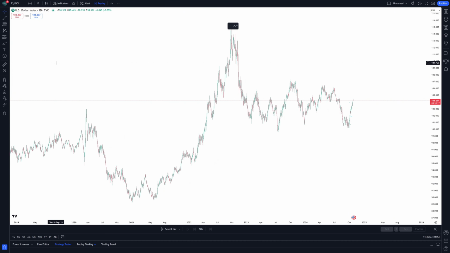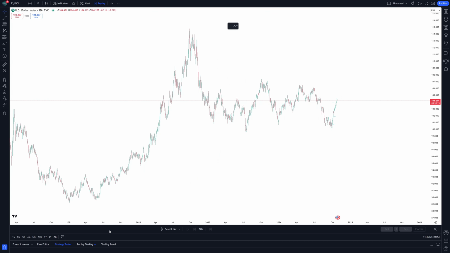So here, let's zoom into the chart a little bit. So we're looking at a 4-hour chart going all the way back. Oh, I'm sorry, this is not a 4-hour chart. This is the daily chart. I stand corrected. I thought it was a 4-hour. It's a daily chart because I can see it's going all the way back to 2020. So it's covering pretty much all of the COVID era, a couple of years. And it's basically from the lows of around 88 or 90, it went all the way up to 115 and then came back to right around 100. So it's kind of bouncing back and forth between 100 and 107, around there. So it's been consolidating sideways for a very long time.